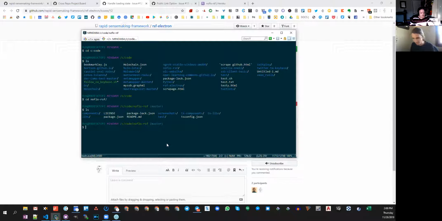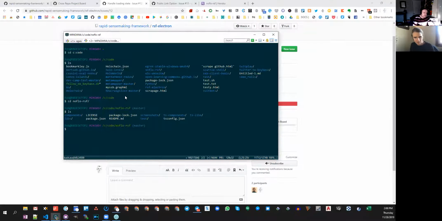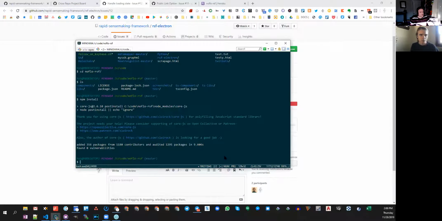So then install dependencies for it, is that with npm install? Okay. And npm is the package manager for Node, right? Yeah, the node package manager.